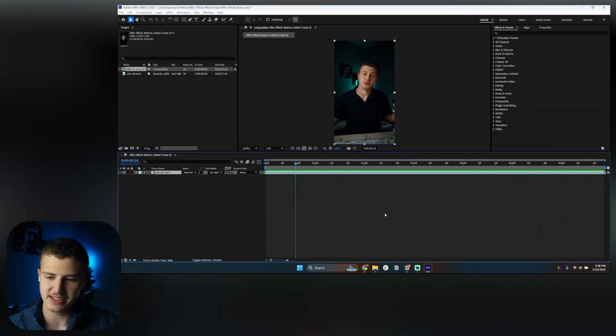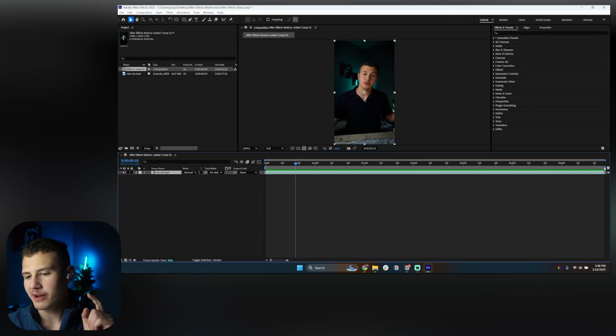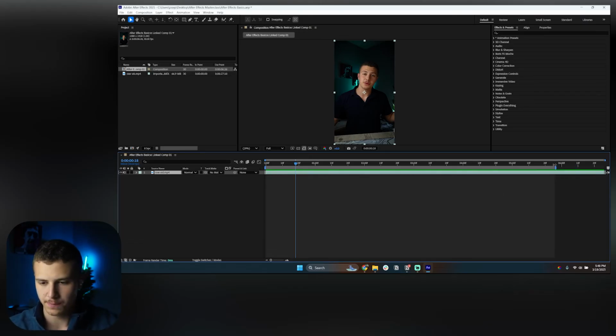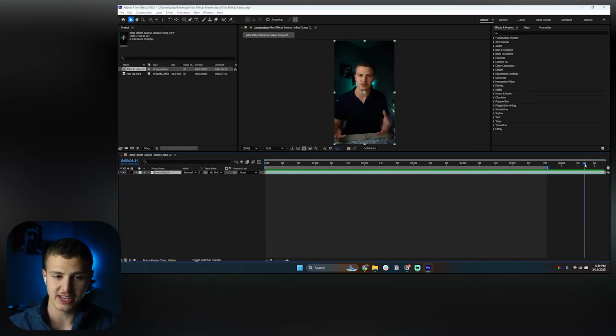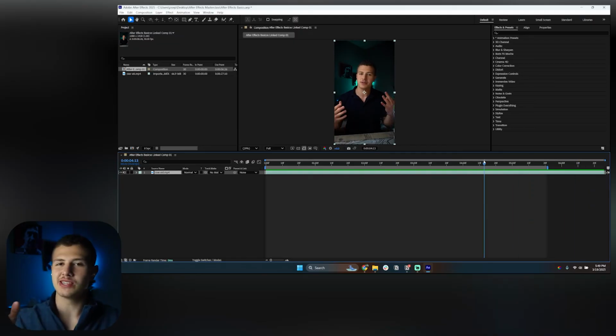If I click on play, you guys can see that this is my entire composition. Now, if I shrink my composition down, everything that is outside here on the right side won't even be visible. Like all of this stuff on the right side when I go to render